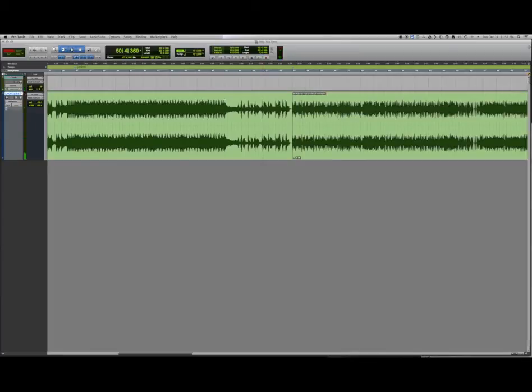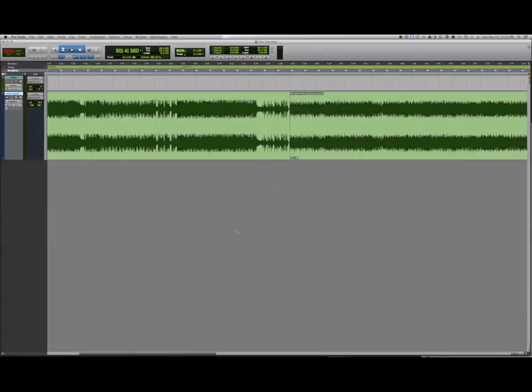Obviously it's not on with the metronome. If you're a DJ and you're recording a mix at home and you make a mistake and you want to cut out some of your mistake, you can definitely use this to cut it out. I'm not going to tell you to cheat, but